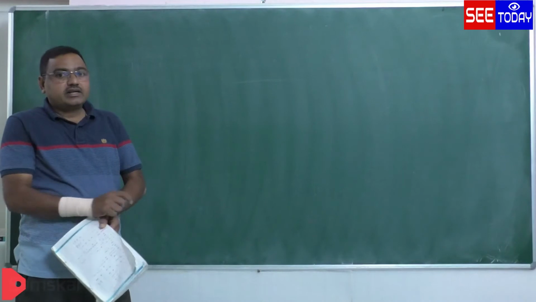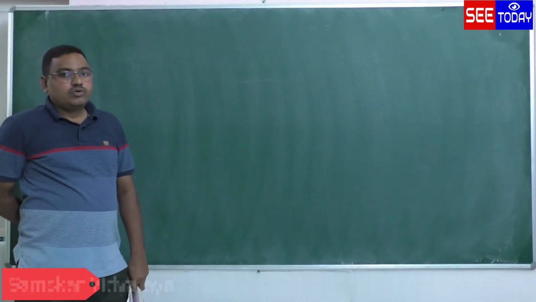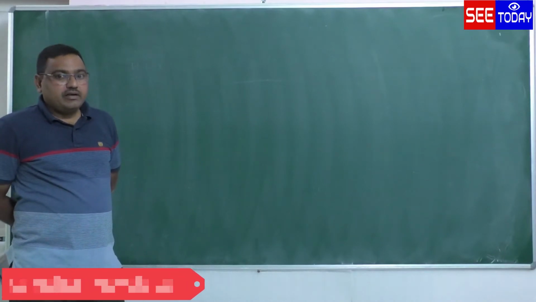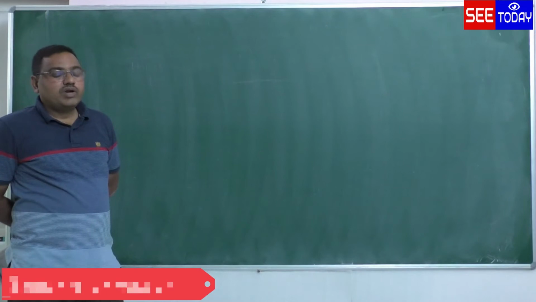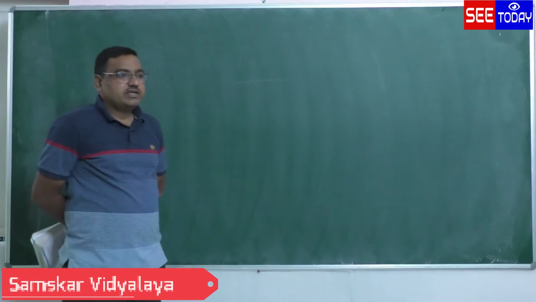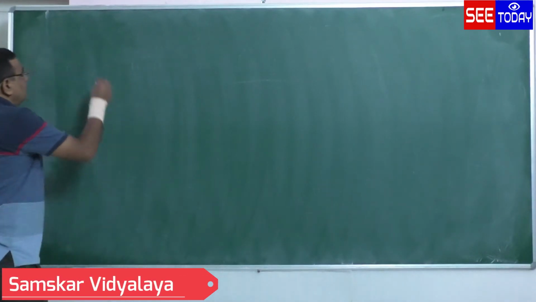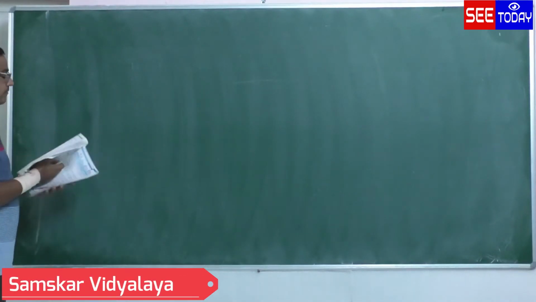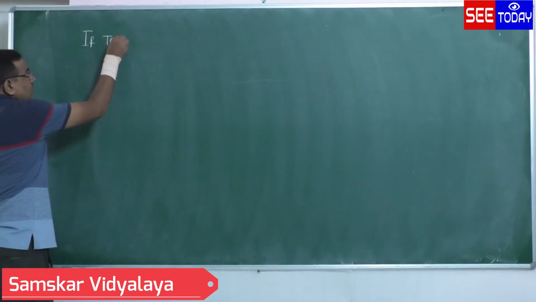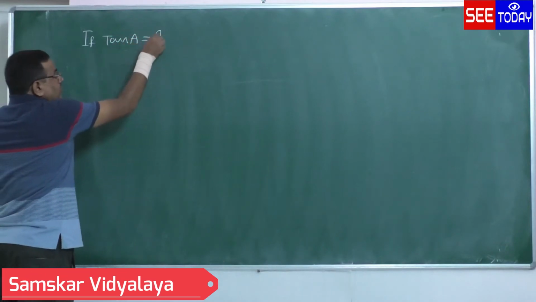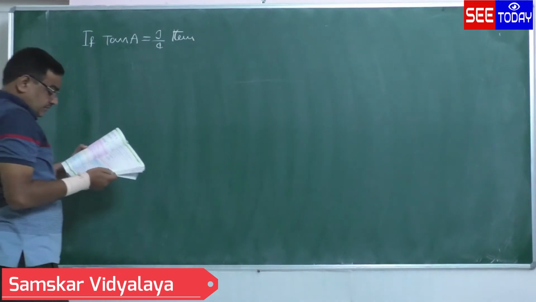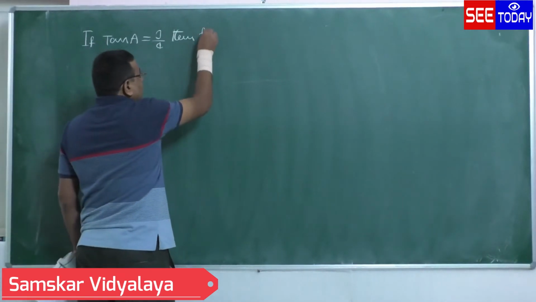Already we have completed introduction to trigonometry. Today I am going to start problems on trigonometry, but I am taking one problem on each model of trigonometry problem. Let us see. First, example 1: if tan A is equal to 3 by 4, then find other trigonometric ratios